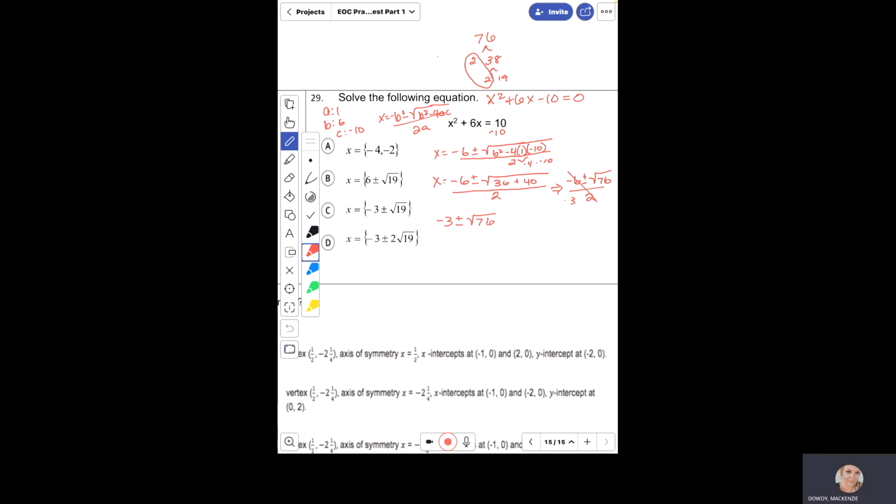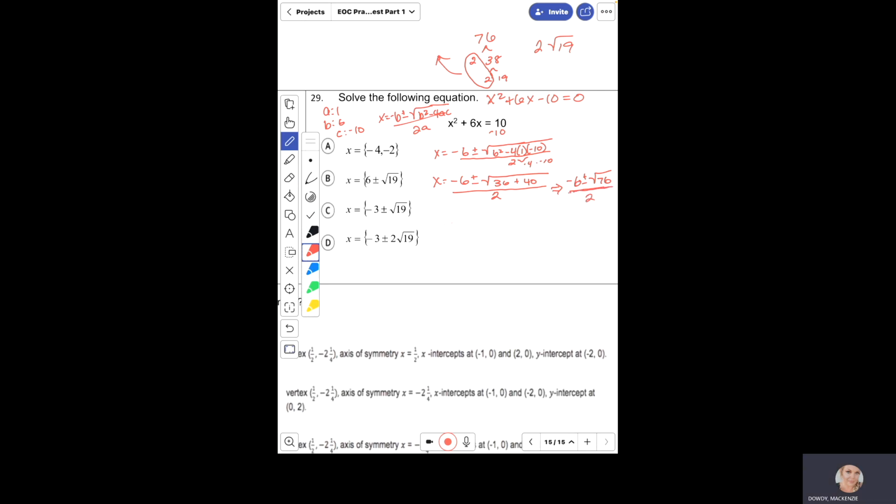We would take that 2 and put it on the outside. Let me just keep finishing what I'm doing, see if it comes together. And the square root of 19. So it would be -3 plus or minus. Oh, okay. I see what I did. Yeah, I should have waited and not divided yet. That's what happens when you jump the gun. So don't divide it yet. That's what I did. So this should still be -6